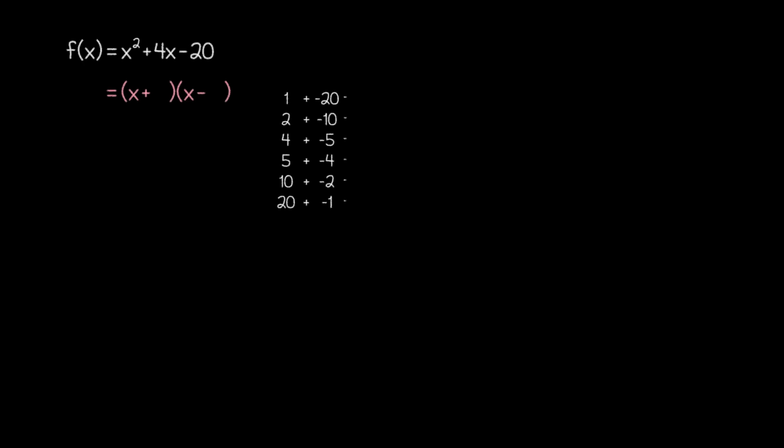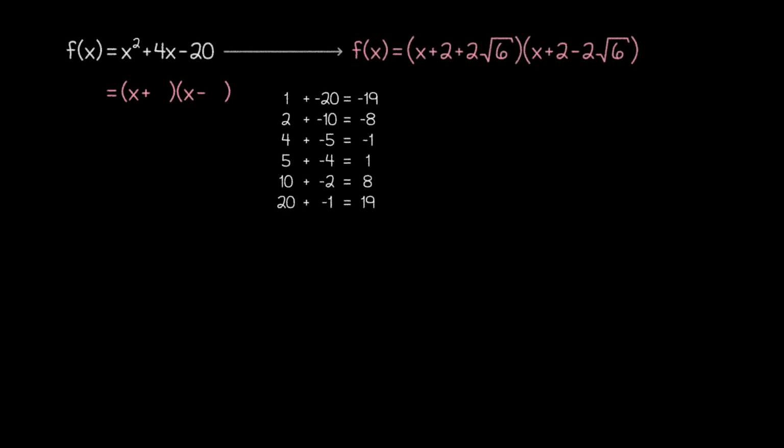First, let's consider this function, which we actually already looked at in one of our videos about converting to the factored form. In that video, we initially tried factoring by looking for pairs of numbers that multiplied to -20 while adding up to 4. Eventually, the actual factored form was revealed to be this. But how is that answer determined?